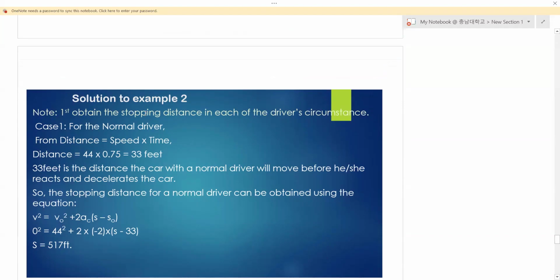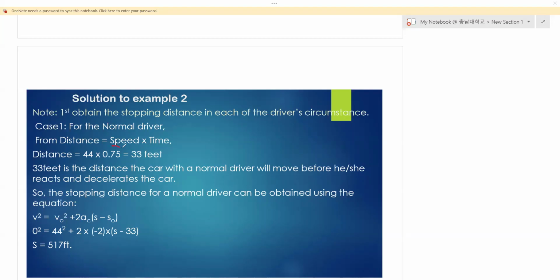The normal driver takes 0.75 seconds, so we can find the distance this person will cover, and the one who has some alcohol will take 3 seconds to react, so we can find what distance these people cover. So for the first case, for the normal driver, because we are given the speed,